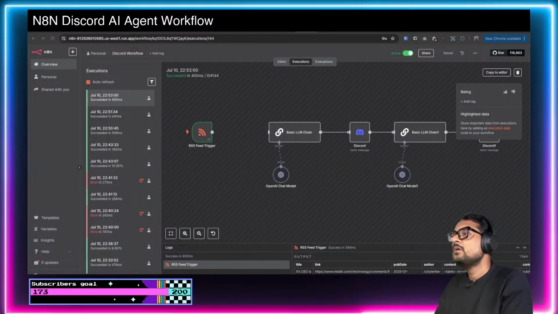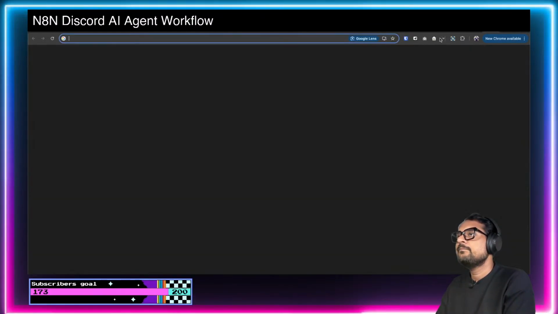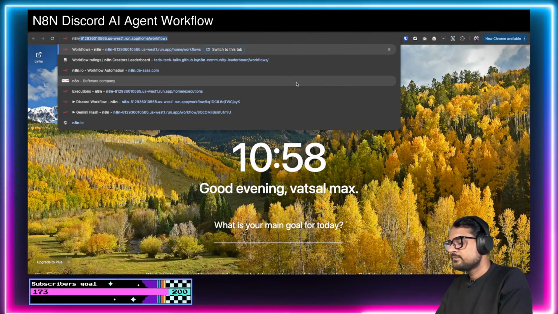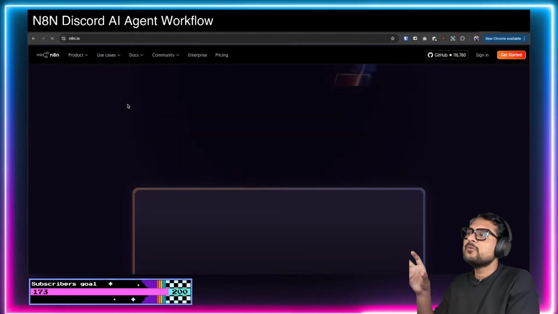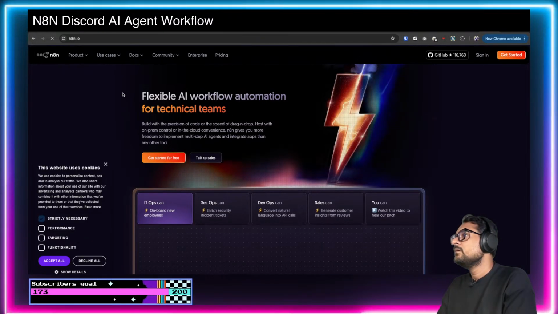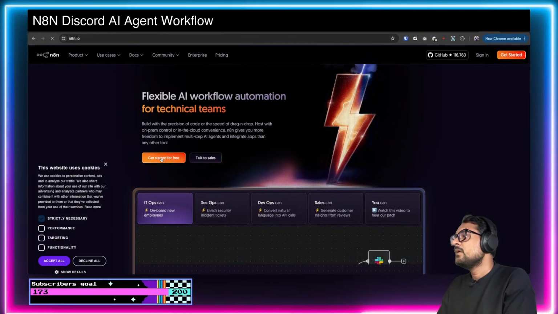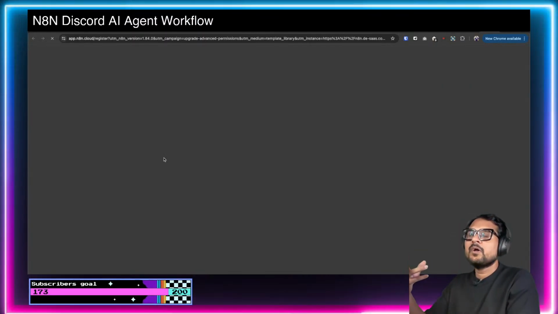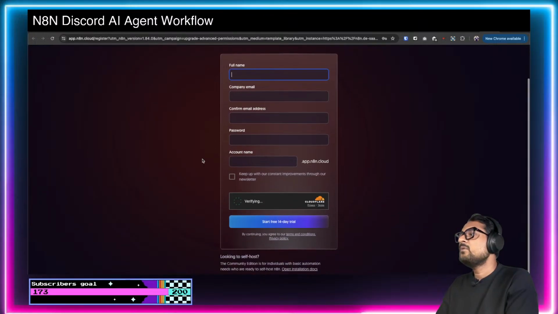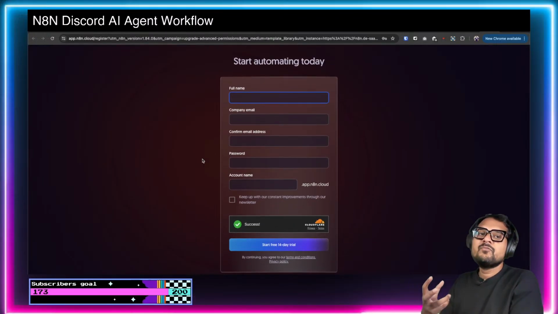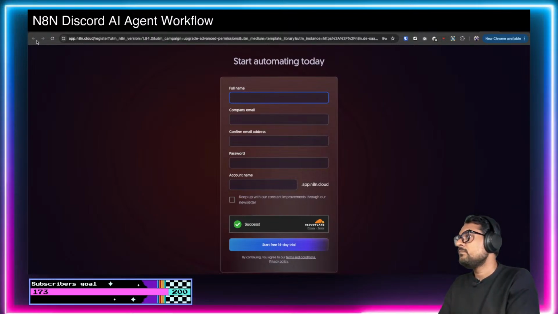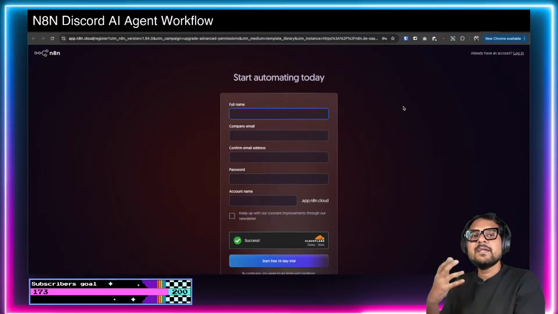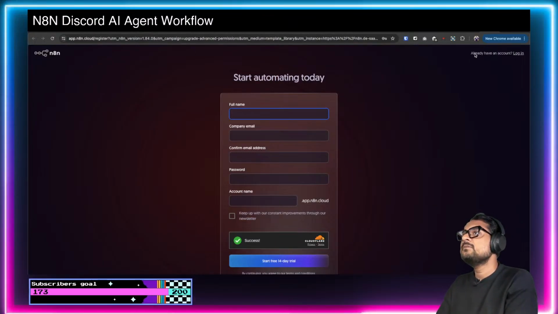So let me quickly show you where you can get the N8N subscription. For that, just search on Google N8N, and then you'll go to n8n.io's website. And there you can either click on get started for free, or there are login options. So you have to enter your details, and then for 14 days you can use N8N for free, and you can test out any kind of workflow that you want to create. But after 14 days, yes, you have to pay for a monthly subscription,